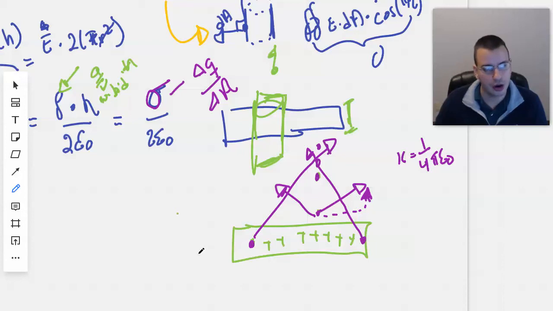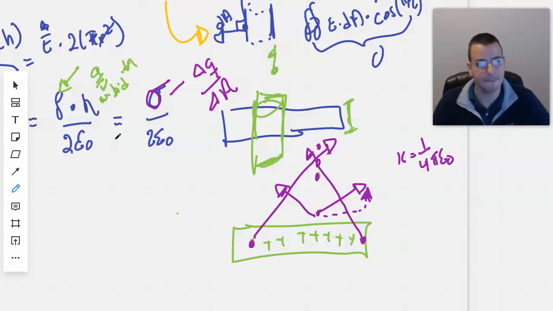So a couple of small things. You'll normally see it written in terms of sigma and not in terms of a volumetric density, so don't be thrown off by that. And this is why